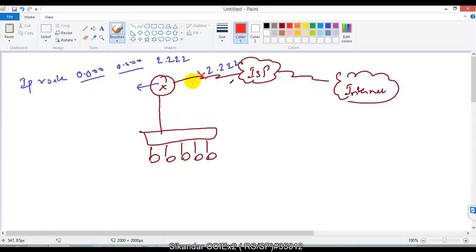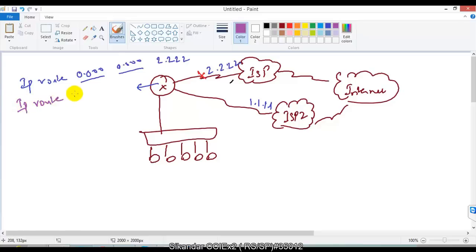To provide redundancy in our scenario, we can add one more line, which is generally the most common practice. You take another line from another service provider, which is again connecting to the internet, and maybe the next hop address is 1.1.1.1. Now we go to the same router and add one more command. I'll say IP route, whatever the destination, whatever the subnet mask, and then the next hop address 1.1.1.1, and then I'm going to define the administrative distance. If you remember, we have an option called administrative distance.